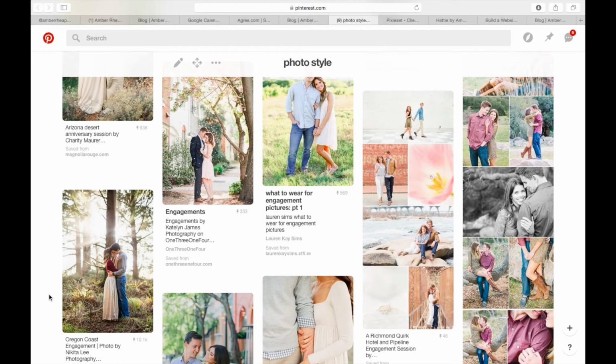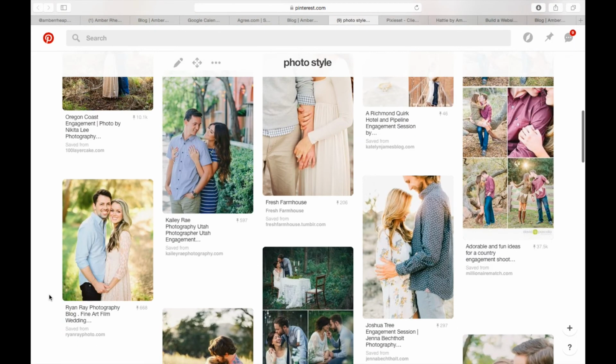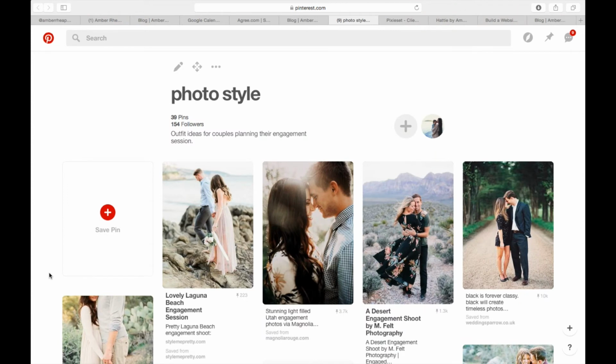Clients love just seeing the ideas about different outfits. And like I mentioned, I love to pin things that I either love the outfit on or I love the scenery. So after this happens, I will then wait for their session date. So their session date will come, we take their images, and then I have 2 ways of delivering the files